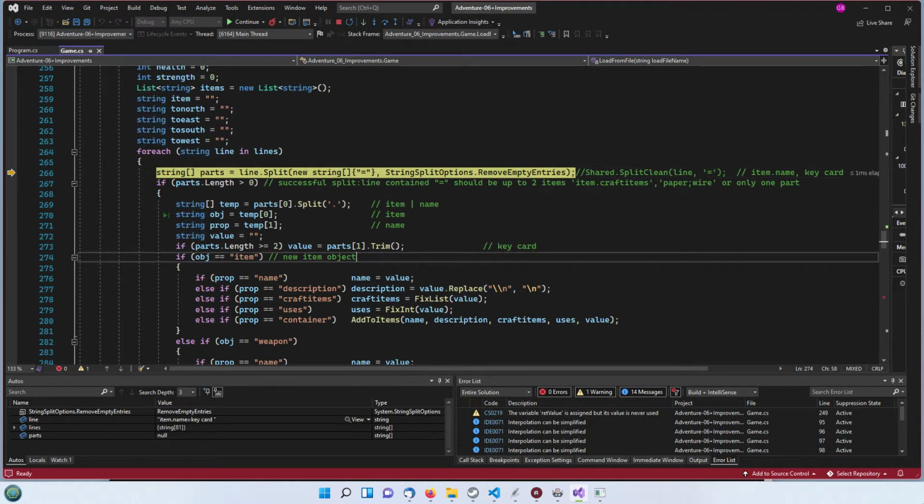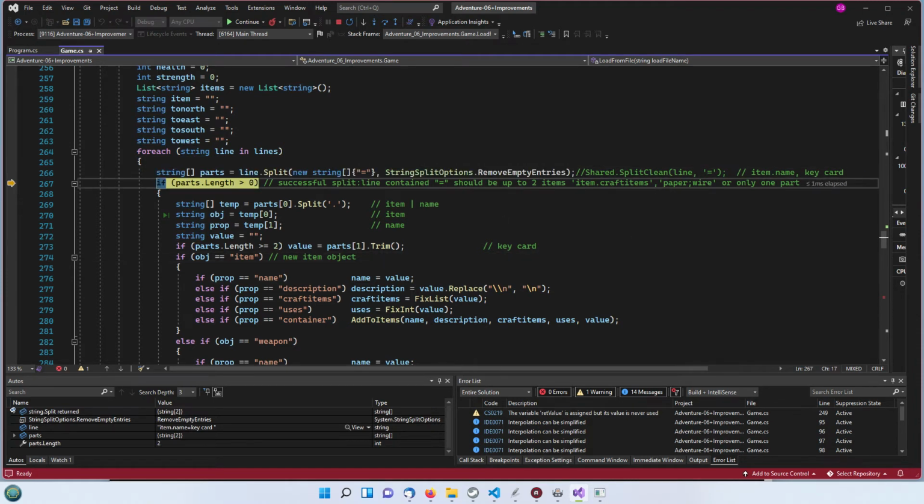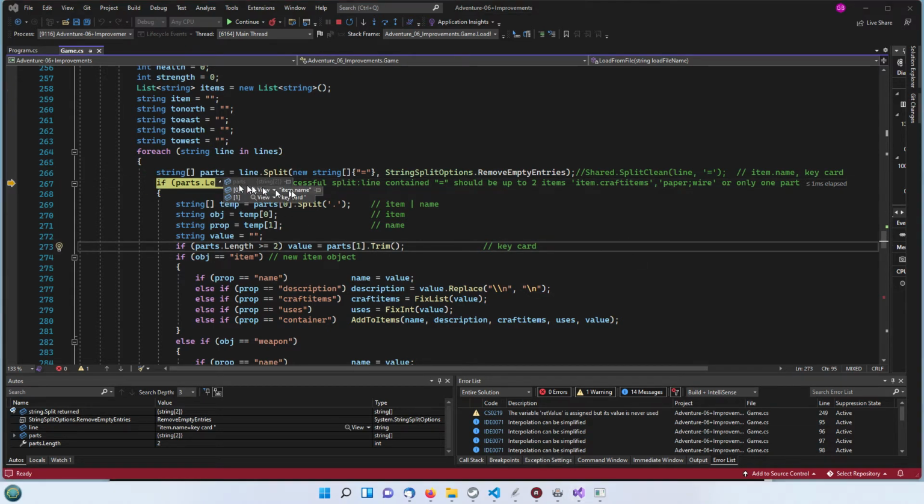So let's do that. Press F11, and we've now got the parts have got two pieces in there. If I could just press the little arrow. So we've got item.name and keycard. So those are the two parts that we've got from our